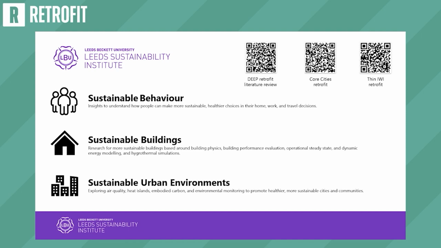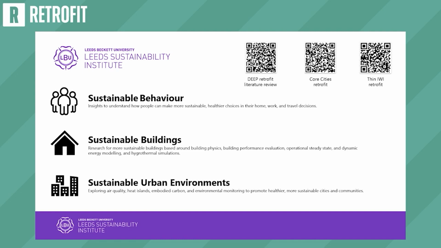We did Core Cities, which is a whole house retrofit research project, and lots of the similar things I'm going to talk about today are involved in that Core Cities project too. So I'm only really going to talk about fabric retrofit evaluation. There's lots of social science that you can do, and one of the three themes of our research group is to investigate the impact that retrofits, or buildings, have on people, which arguably is the most important thing. That's why we do it. But I'm not going to talk about those types of retrofit evaluations today. I'm going to focus on the actual techie fabric stuff.